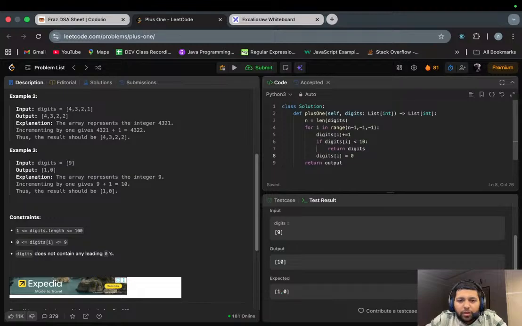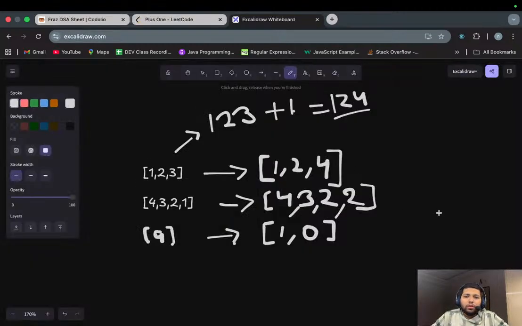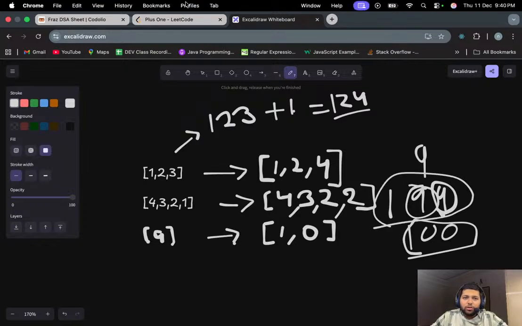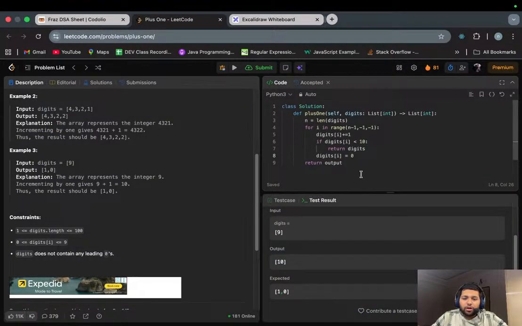जब हमारी वैल्यू 9 होगी या फिर 99 होगी, इन सिनेरियोज में हमको दिक्कत आएगी, क्योंकि इन सिनेरियोज में जब हम इस वैल्यू को ज़ीरो कर देंगे, उसके बाद हमें लास्ट में 1 चाहिए। बट इन ऑल अदर सिनेरियोज हमारा आउटपुट इसी से आ जाएगा, क्योंकि जैसे ही वैल्यू उससे कम होगी हमारा आउटपुट आ जाएगा।